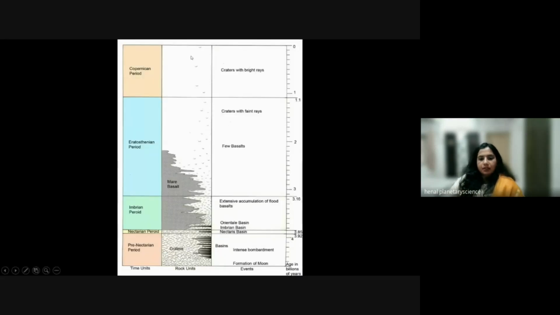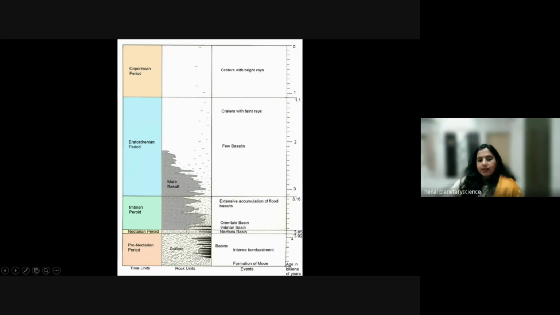So all these things, the origin and evolution of the moon, happened between 4.5 billion years ago and recent time. This has been shown in this geological time scale of the moon. See, it is divided into five major divisions: pre-nectarian period, nectarian, Imbrian period, Eratosthenian, and Copernican period. So, the cratering process, as you saw in the video, was very heavy in the early stage of its formation, and with time it ceased. Like in the Copernican period, you can see it is very negligible, or very dormant now.